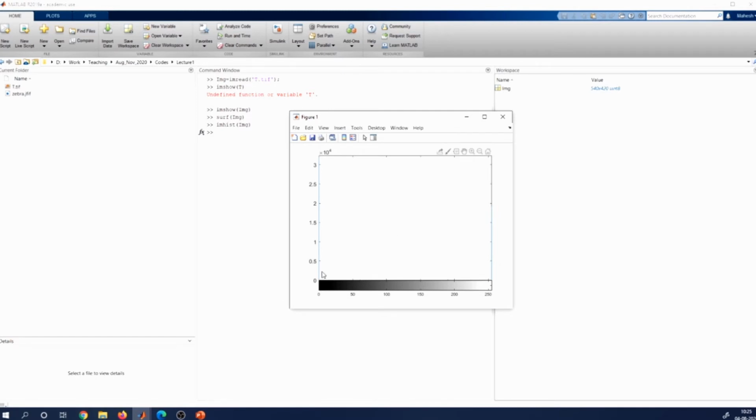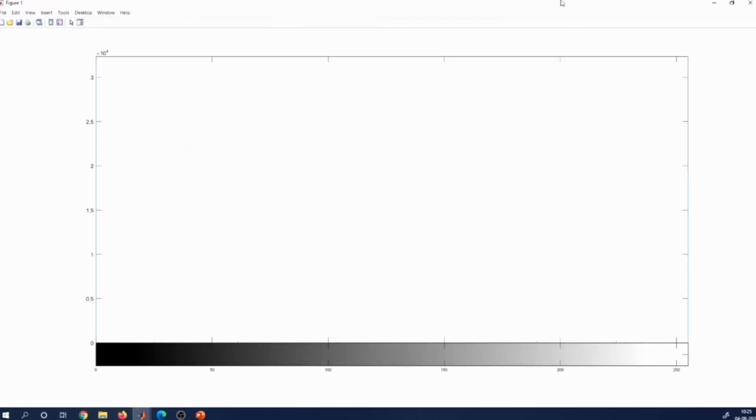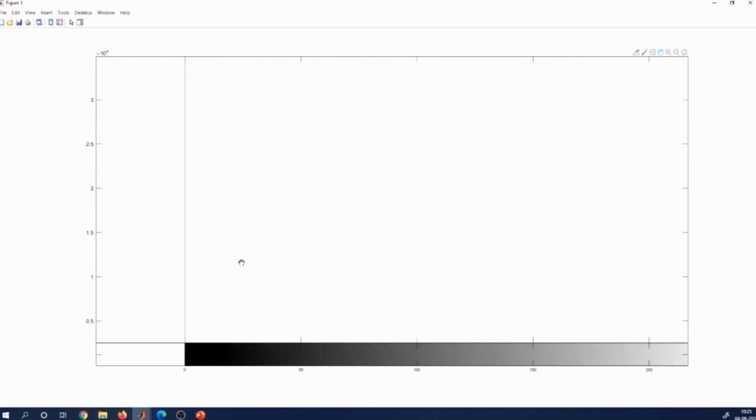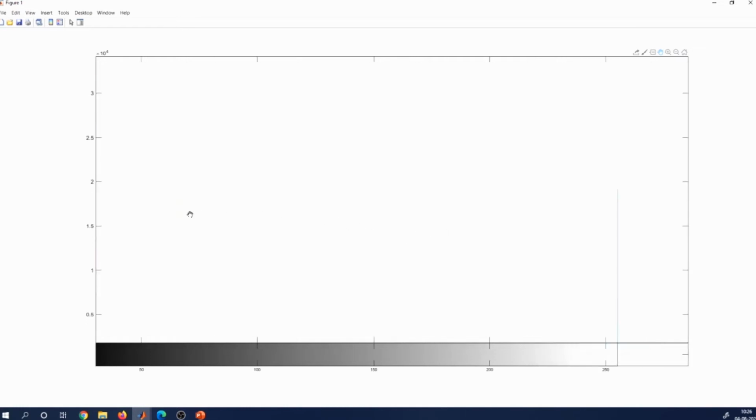In this particular image, only 2 levels are available. One is 0, which is the dark region. The other one is 255. I don't know if you are able to see that. Let me move it around so that you can see it here. There is a huge occurrence on the y-axis, which is the frequency of occurrence of the 0 intensity pixels. That is quite high, which is understandable because all the background region is that. The white region, the 255, is somewhere around here, which is lower than the 0 region. That is exactly the meaning of it.